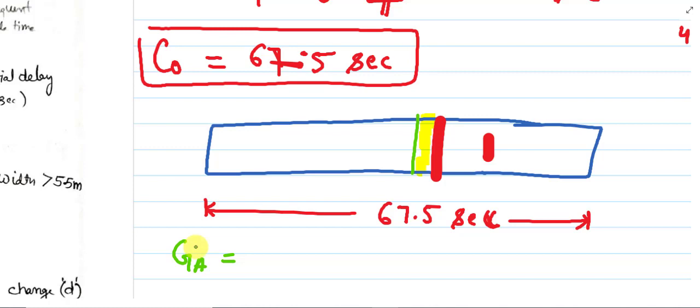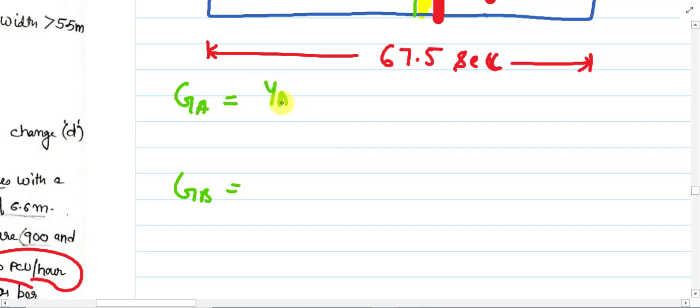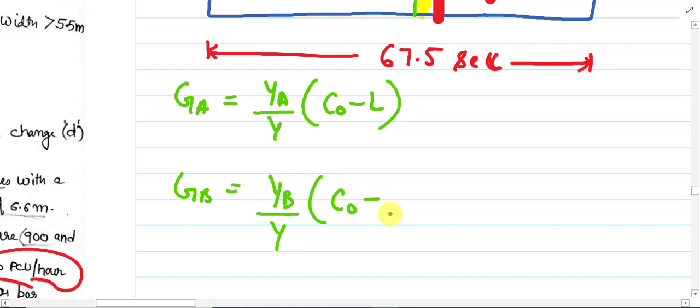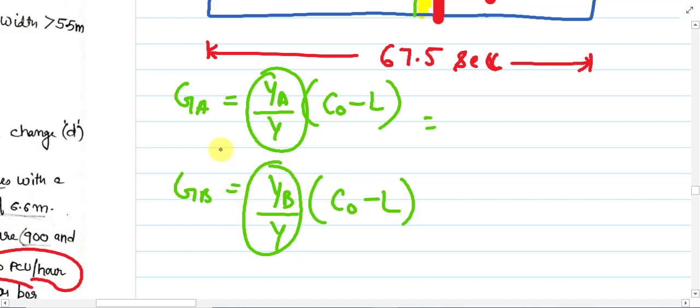So in this case we can say that green time is clearly related to the traffic behavior characteristics, or we can say traffic volume. So in this case the green time for road A is calculated as Y over total loss. Basically this is the ratio of traffic flow to the total flow handled by the signal.